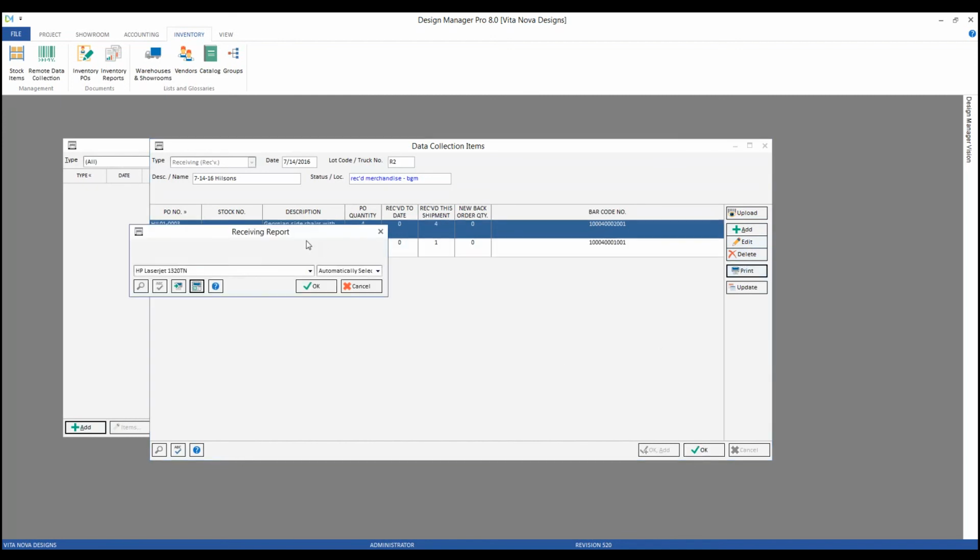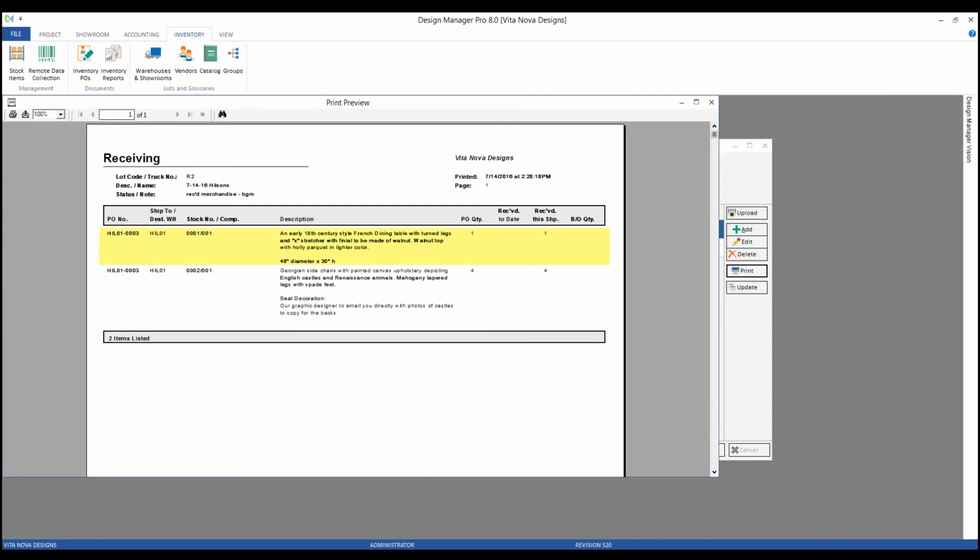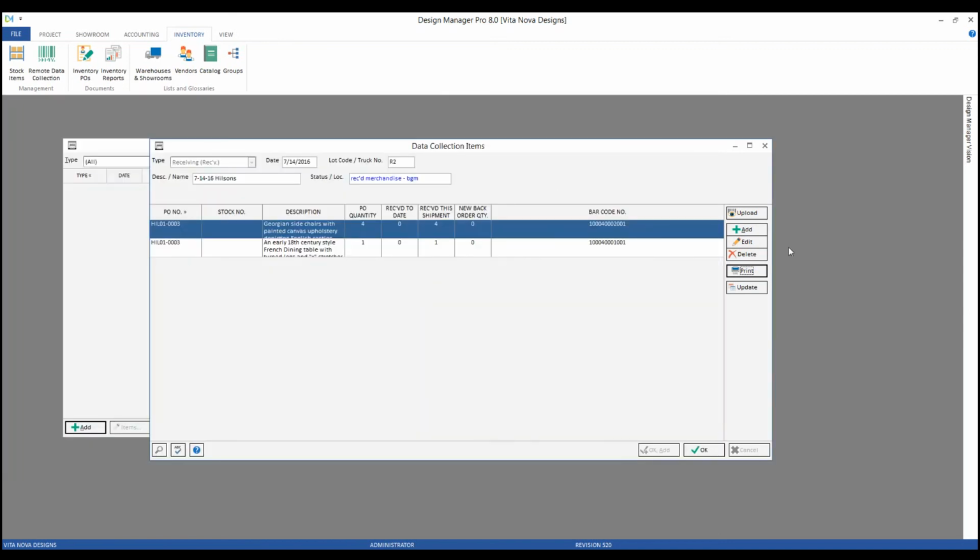The receiving report in this case now shows us both of our items and components we're receiving, the original purchase order, what project we're going to, stock number, item number and component number, description, the original quantities, and what we're receiving in this particular lot. If we update,